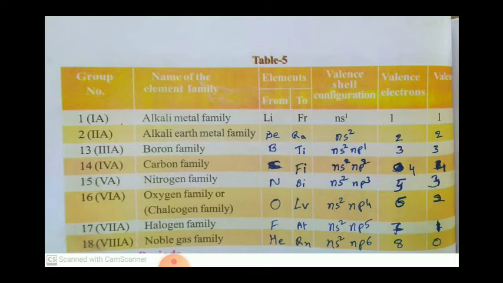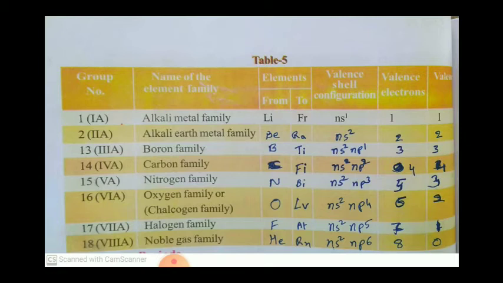Why? The noble gases in the 18th group are very stable because they have an octet in the outer shell. We have the information about the octet and chemical bonding in the 8th lesson, but for this year the 8th chapter is not there for the examinations. That's why we will not study it for the examinations.